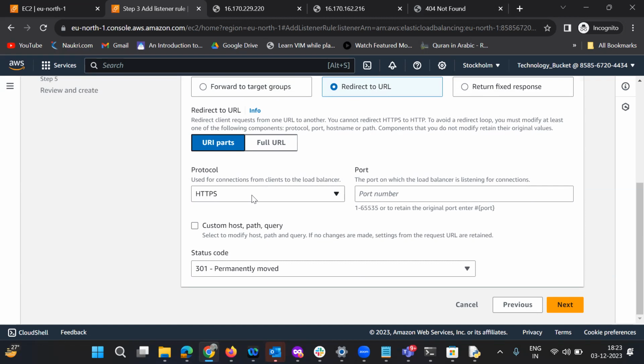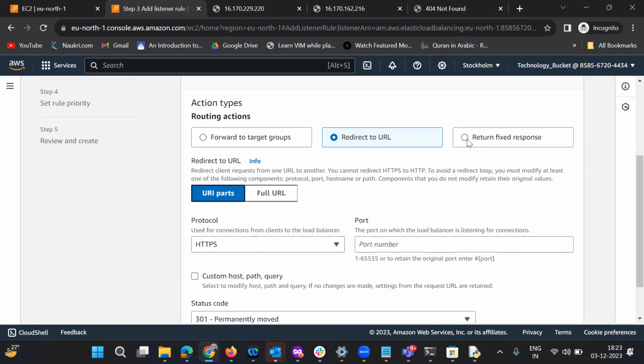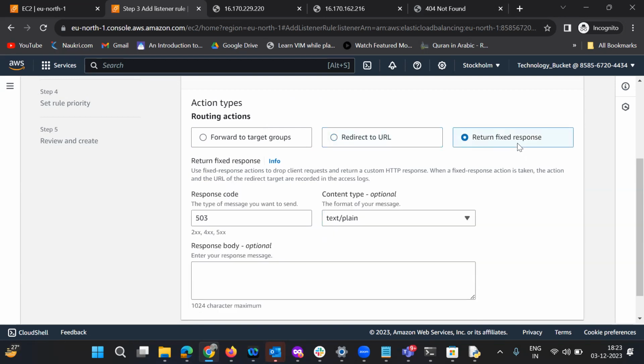In this URL you can select the protocol as per your requirement, HTTP or HTTPS, and the port number, and you can set the URL to this error path. But here in our lab, we are going to return a fixed response. If anyone goes to this forward slash error path, they will get a response of 404, and for the response body we can provide a big error, and